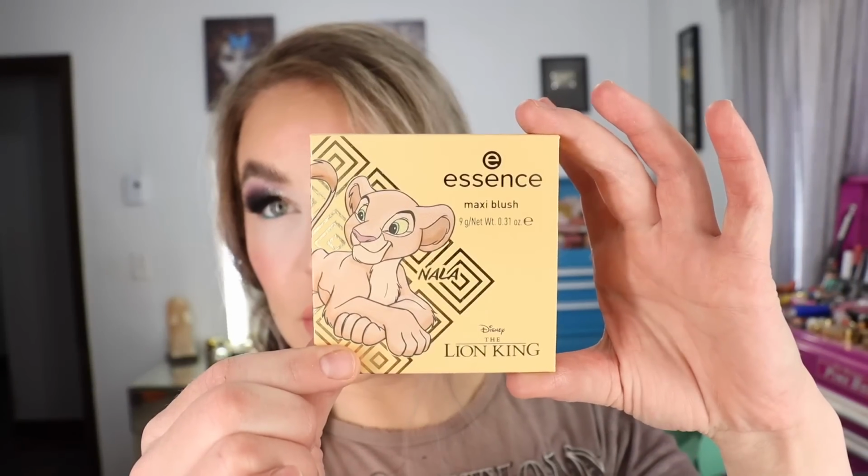I also grabbed a couple products from the Essence and the Lion King collection. I'm kind of kicking myself that I didn't buy the Simba blush, which is now I think sold out, and then another one of the eyeshadow palettes because the packaging is really cute. I am a big fan of the Lion King, so that's primarily why I wanted these products, but the actual products are pretty nice. So the blush that I got is the one that has Nala on the front,